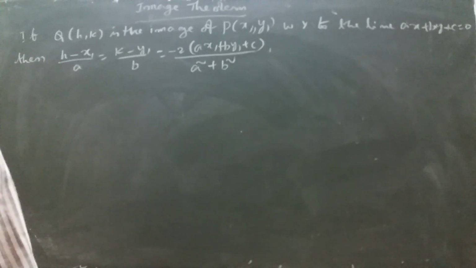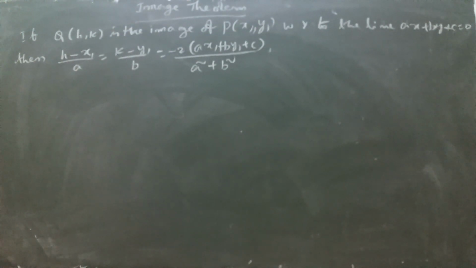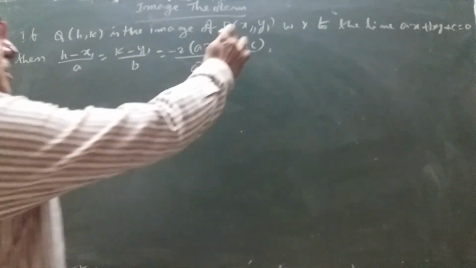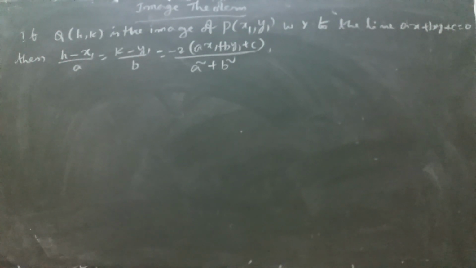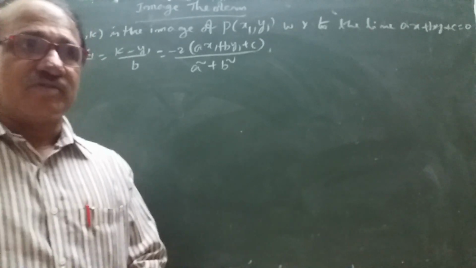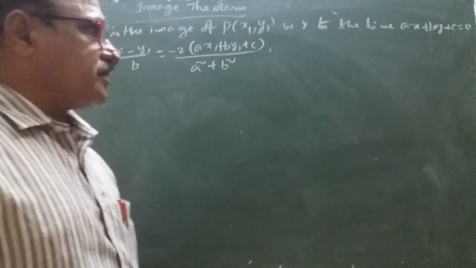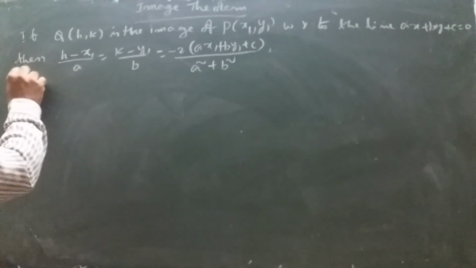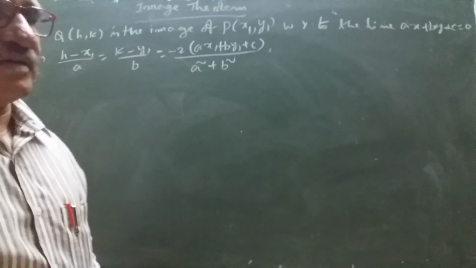The statement of the image theorem is: if Q(h, k) is the image of the point P(x1, y1) with respect to the straight line ax + by + c = 0, then (h - x1)/a = (k - y1)/b = -2(ax1 + by1 + c)/(a^2 + b^2). We have to prove it by using the foot of the perpendicular theorem. Before going to prove, we have to draw the diagram